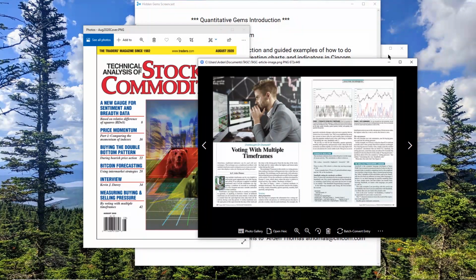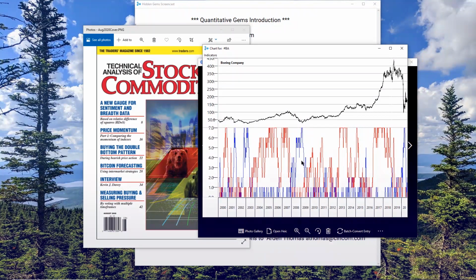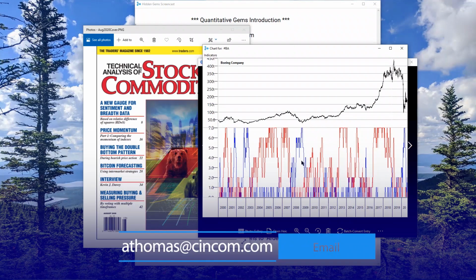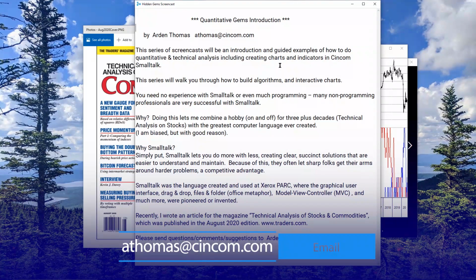So that, again, will show you how to use voting. It's actually for a stochastic indicator with multiple time frames and how to create votes on it. So we'll discuss that. If there's something specific that you'd like to see, or you have questions, comments, suggestions, please send them to